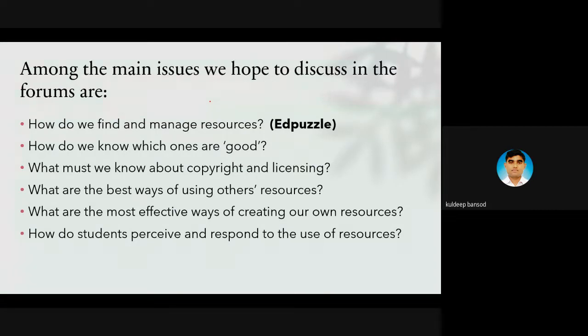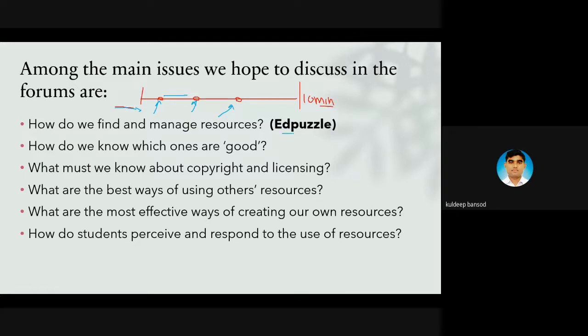One website is there, that is Edpuzzle. Edpuzzle allows you to have a video. Suppose the video is 10 minutes long, and within these 10 minutes, you can add a question here, a question here, a question here. So while students watch this video, the student has to answer this question when the video comes to this point. Without answering this, the video can't go further. Then the video goes further, the student has to answer the next question, then the next.